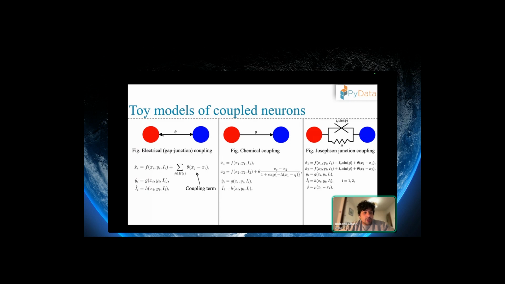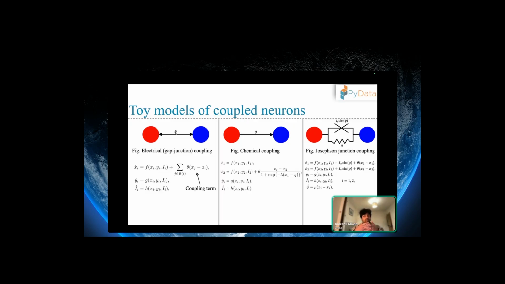And theta is the coupling strength, the strength between two neurons by which they get coupled. It can be a strong or a weak coupling, and depending on the sign of theta, whether it's positive or negative,